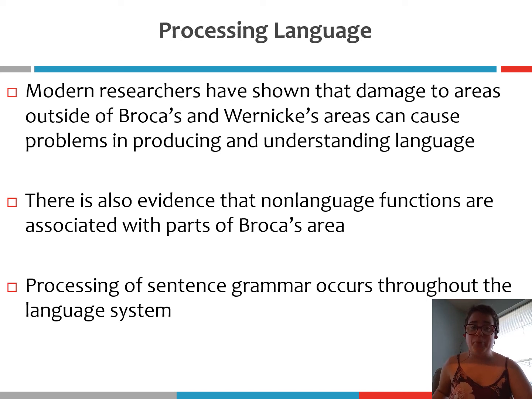Well, more contemporary research has shown that you can sustain damage to other regions of the brain, and that damage will result in language processing and production difficulties as well, right? So for example, you can sustain damage to your parietal lobe and still have significant difficulty with speech